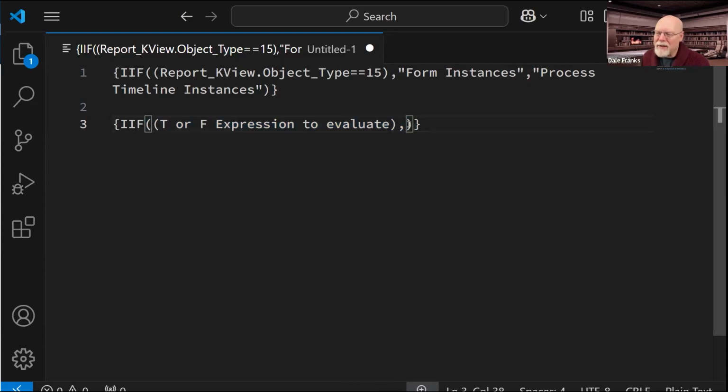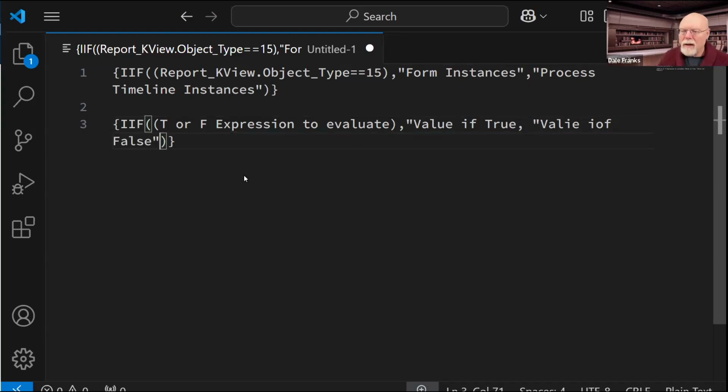In fact, since this does parentheses matching, this is the bounds of my if statement. So what I need here is the value if true. In this case, it's text. And then I put in another comma, and what value should I show if it is false? So value if false. There we go. That's an if statement.